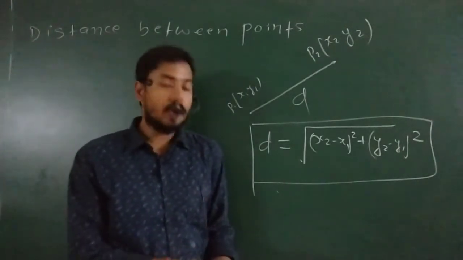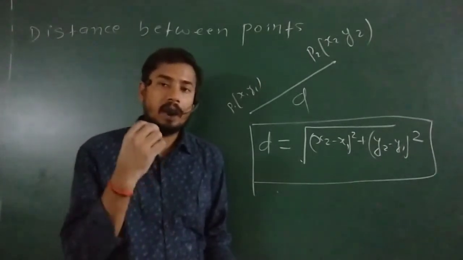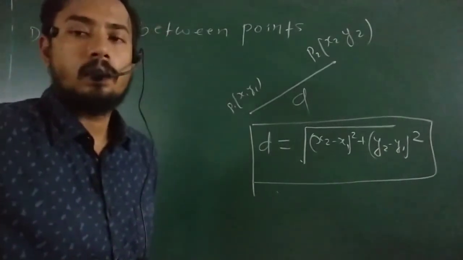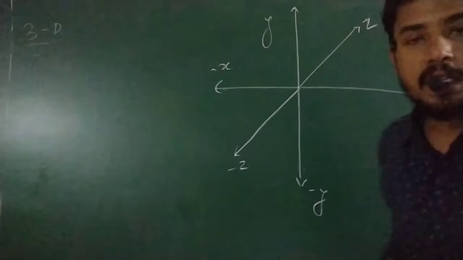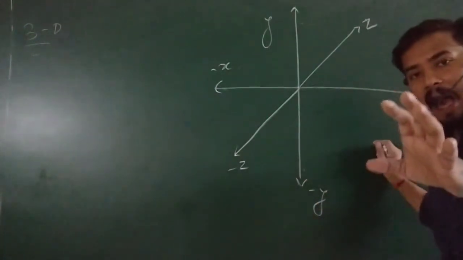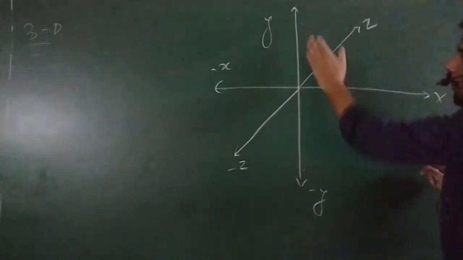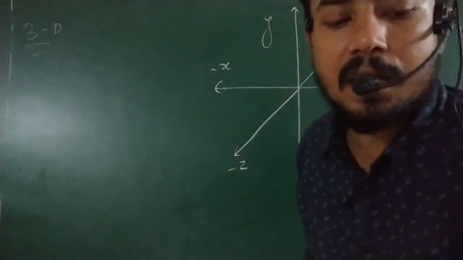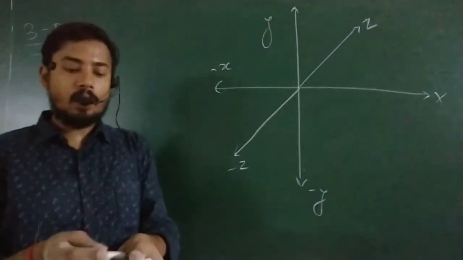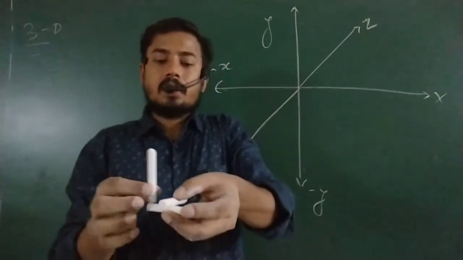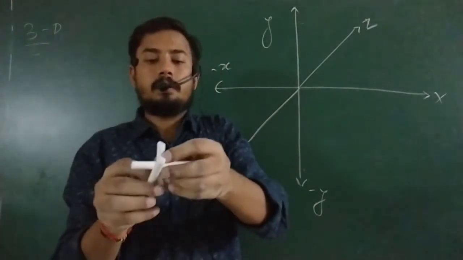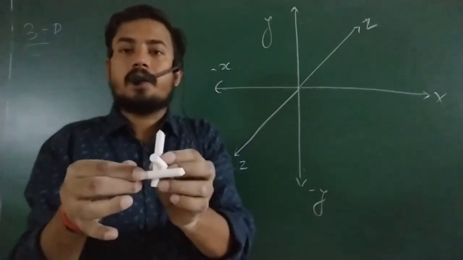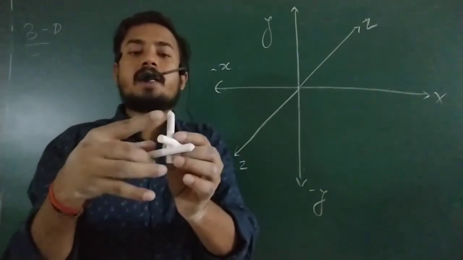Now we are going to study 3D. After that I will teach you the concept of planes: xy plane, yz plane, zx plane, right? So right now we are going to discuss 3D. 3D means we have 3 axes: x-axis, y-axis and z-axis. You have to imagine, because 3D is one kind of imagination. 2D is very easy, but 3D is just imagination like that. This is a 3D, right? So this is your x-axis, this is your y-axis, this is your z-axis.